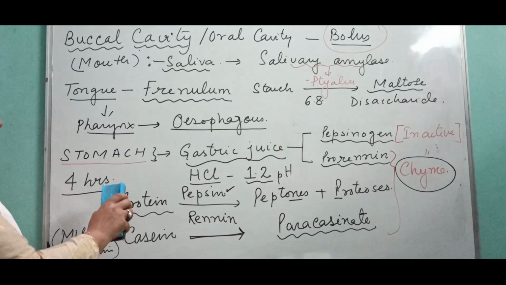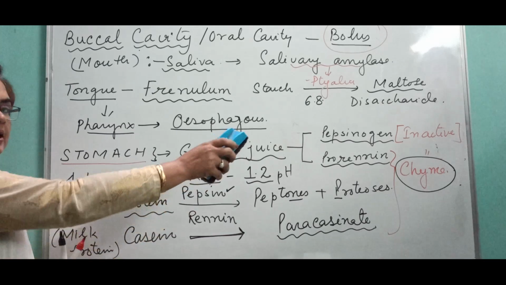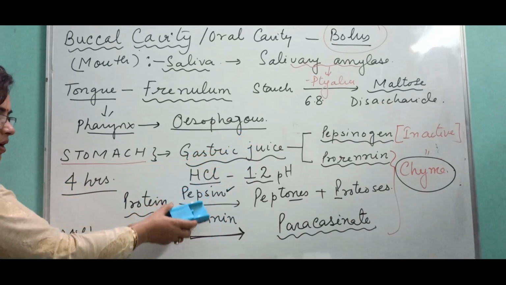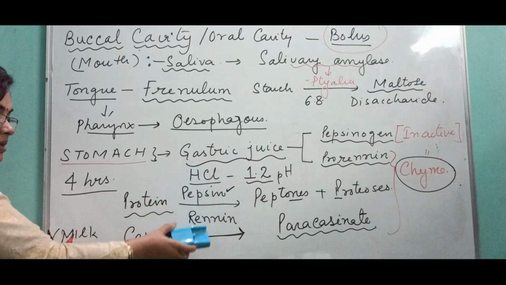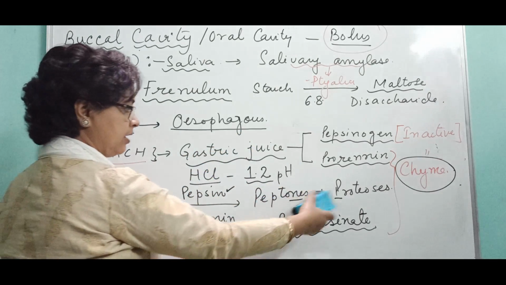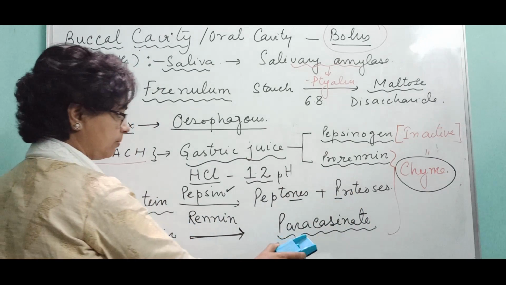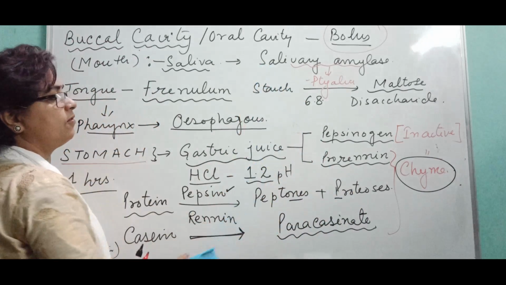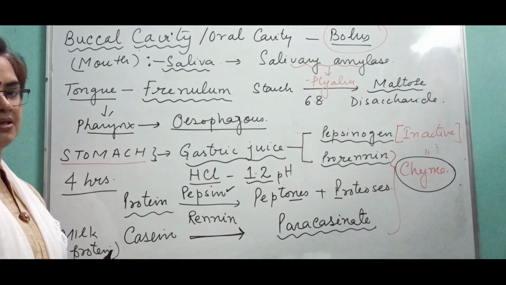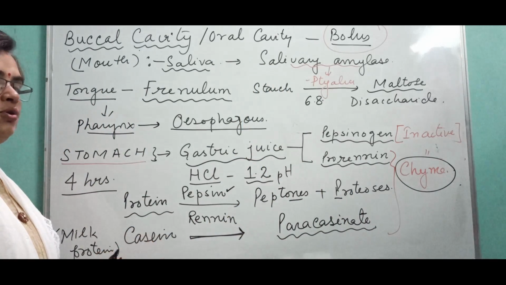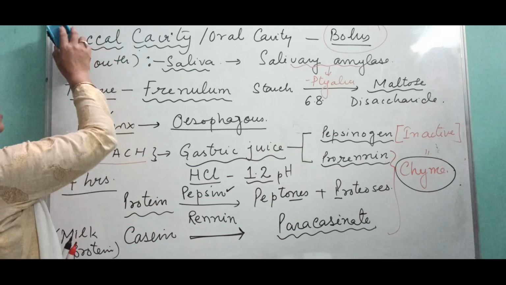After the stomach, that means after 4 hours, the last stage is the chyme, where digestion of protein is completely done. That means the intermediate stages are here. Digestion of the milk protein is also completed here, but you can observe the fat is still remaining. There is no digestion of fat at all. So the next step is that ultimately the food reaches